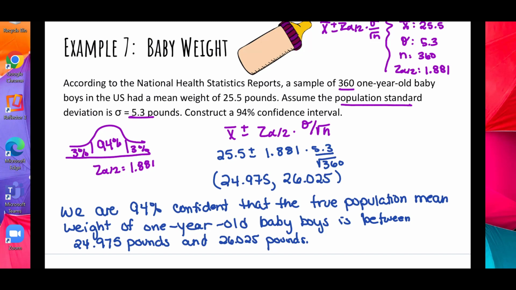Again, you're filling in your confidence level, your parameter in context, and then your lower and upper boundary with units filled in. All right, so